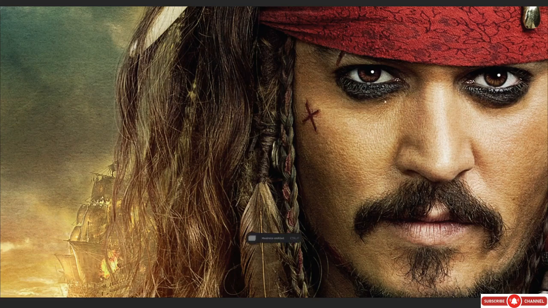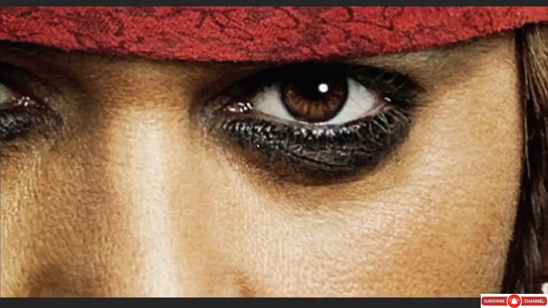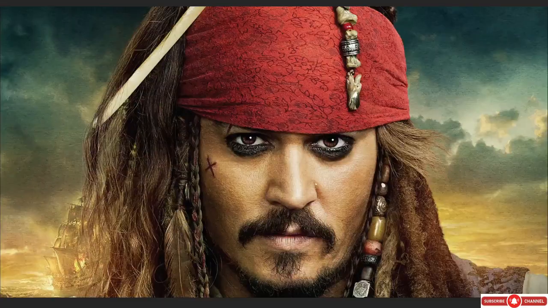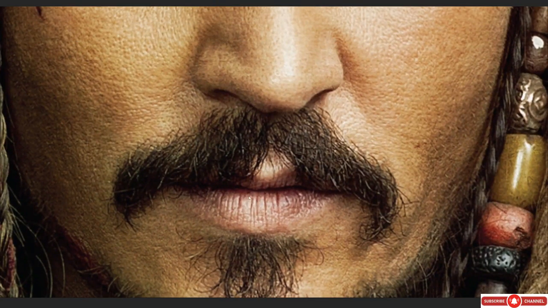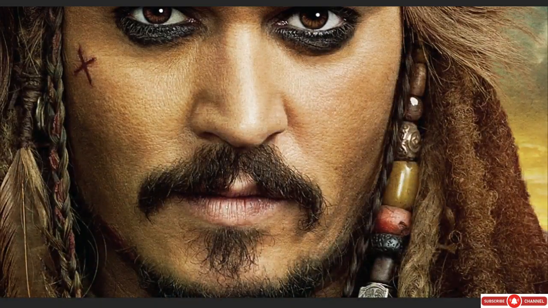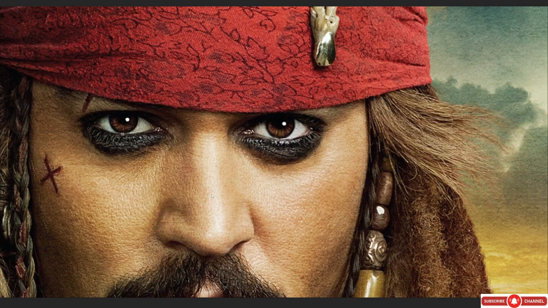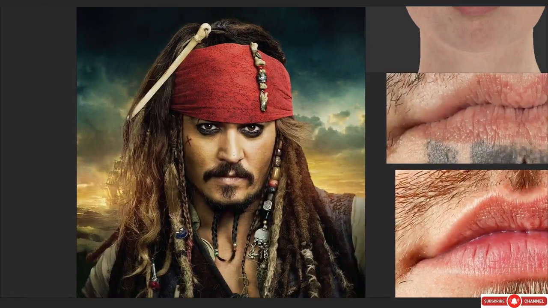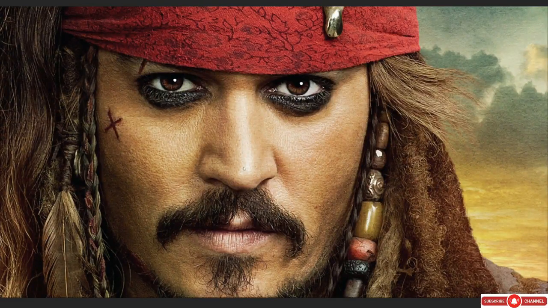All right, so now that we've talked about what I've done behind the scenes, let's talk about the spec. So you can see in this part, we are gonna need 100% spec because of the water of the eyeball. And in the lip area, in this case, the spec is a little bit low, but usually you have more spec in the lip area, you have more spec on the nose area, and you basically have a little bit more spec on the cheek area as well, but not as much as you have on the nose. So this is something that we're gonna be keeping in mind when we'll be painting a spec map.